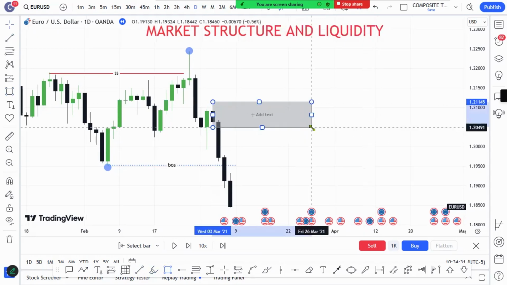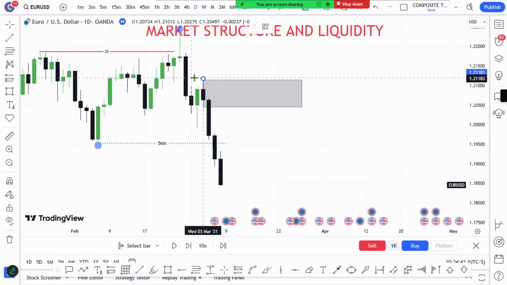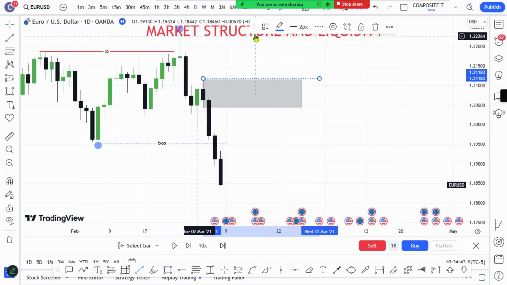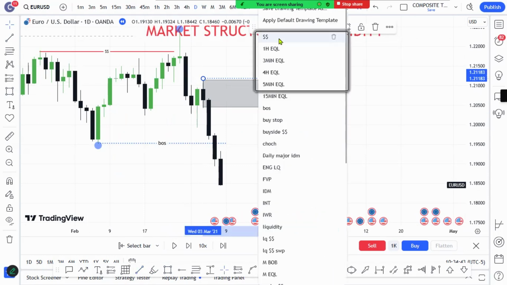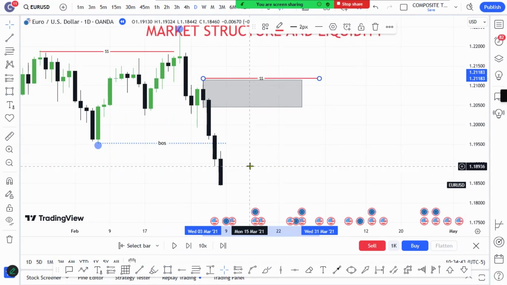Why? Because this level itself is a liquidity zone that has generated the break of structure. This means that above this high, there's some liquidity that has to be taken out. So the market either goes higher and collects the liquidity here, or it generates a new level. So let's see what is here. Price goes higher.